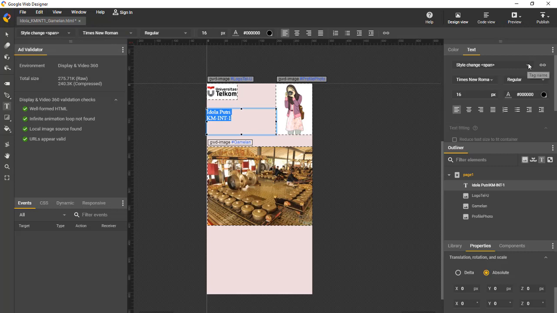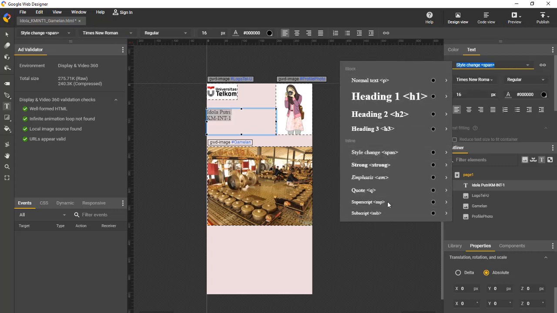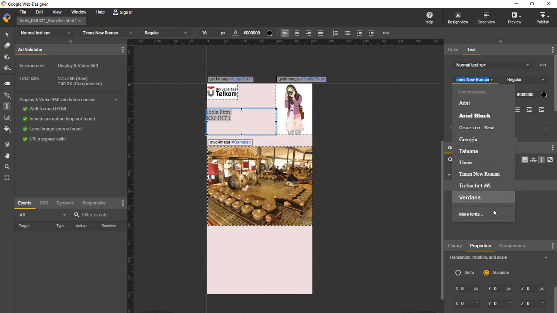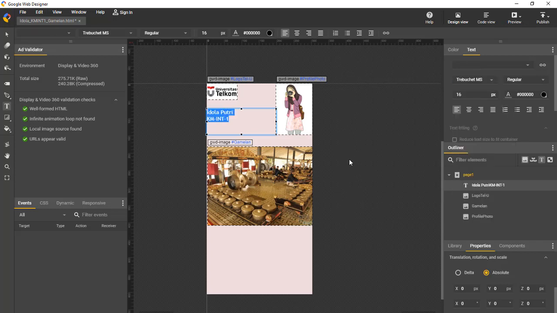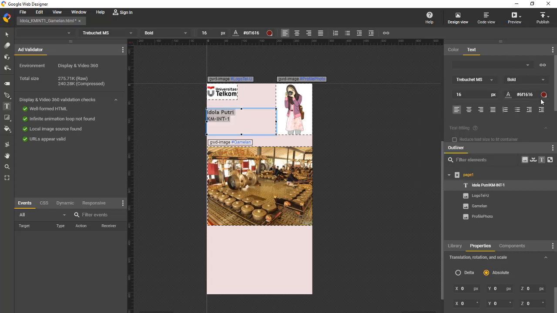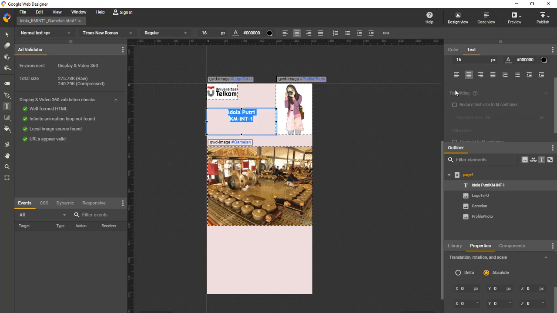You can change the style, the normal text, and you can also change the font, maybe this one, put bold, and also change the color. I'll put red to change the color of the text, and then make it in the center.